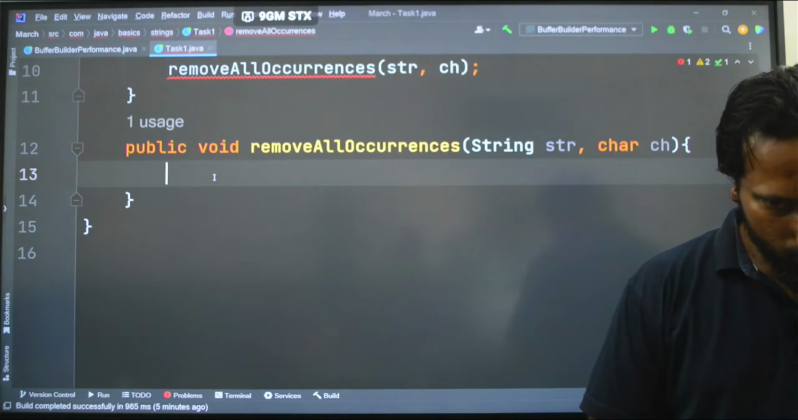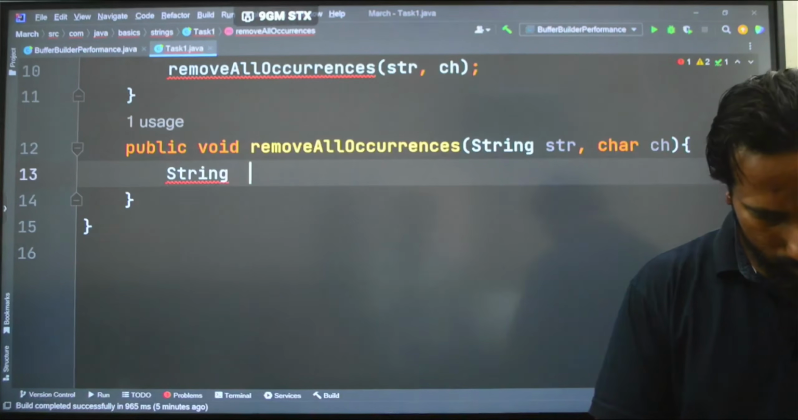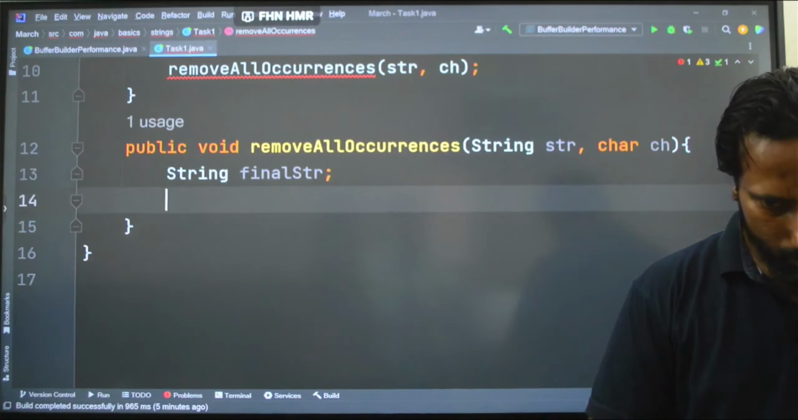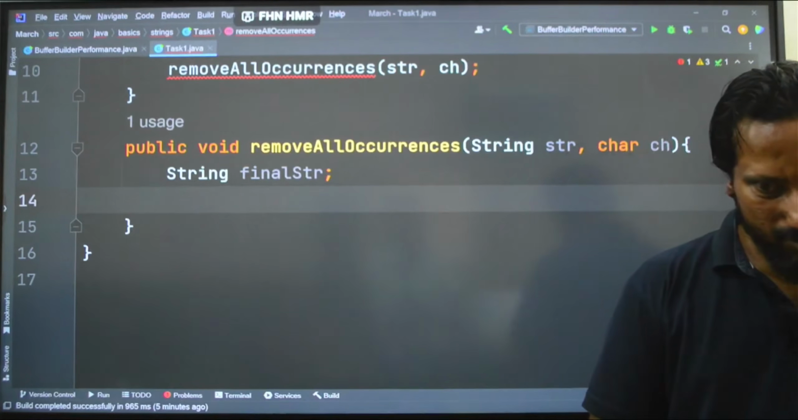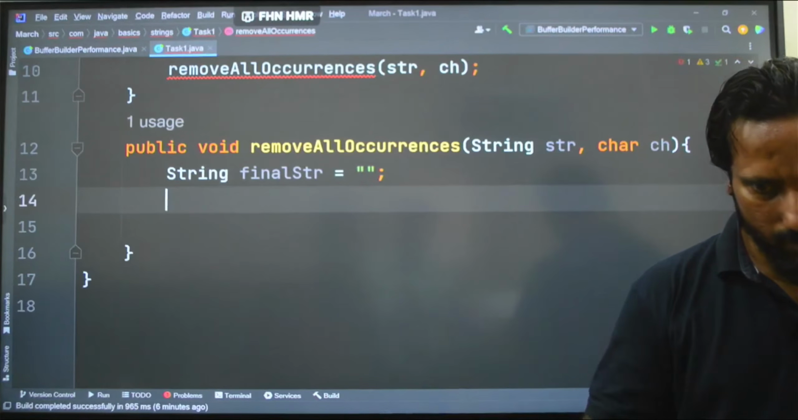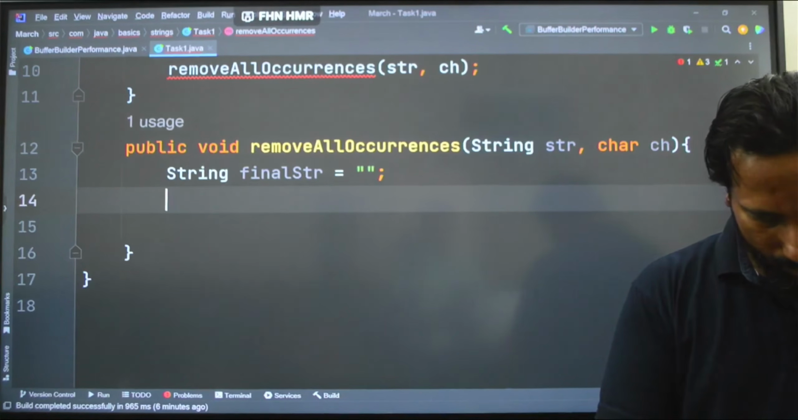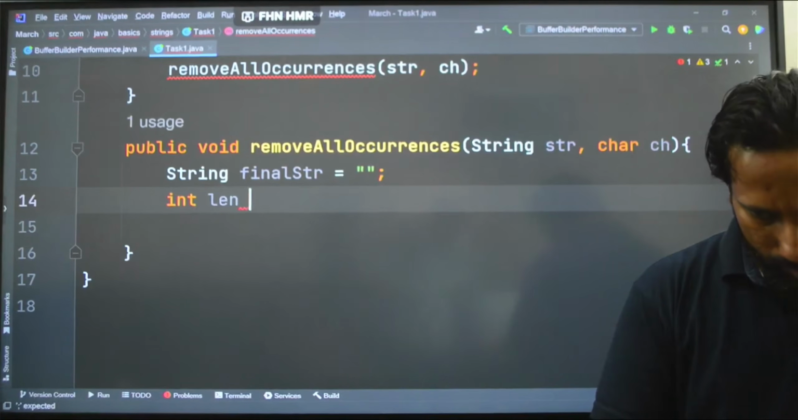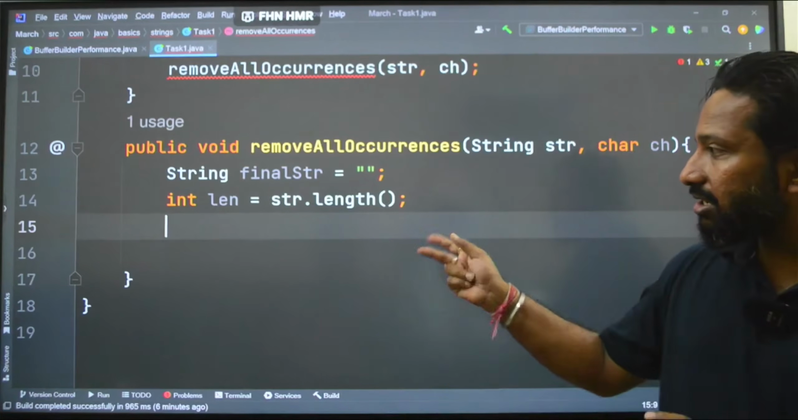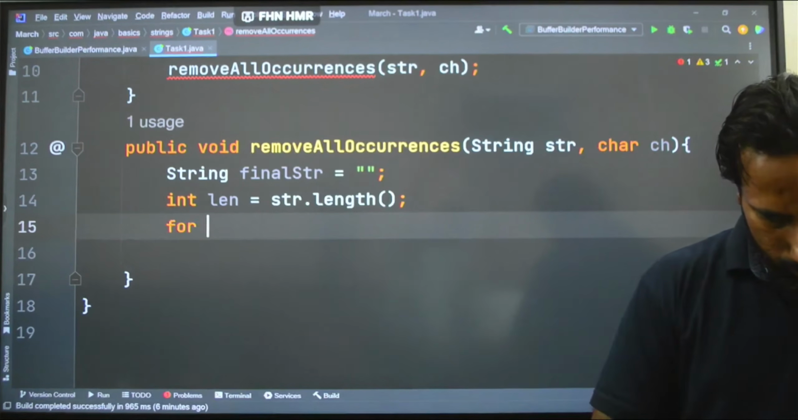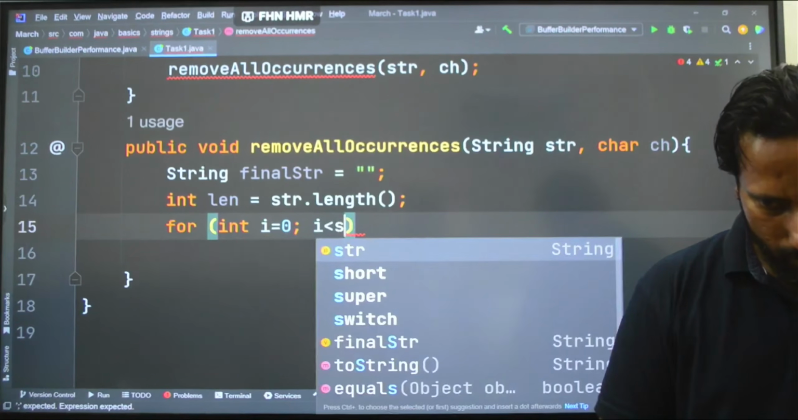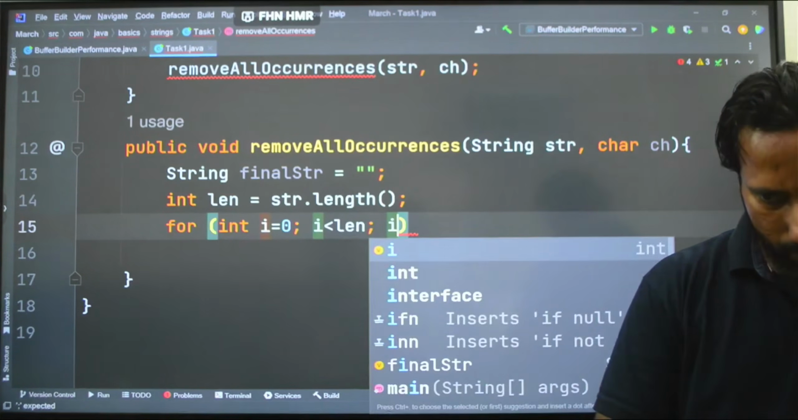We can take a string called finalStr, and let me just initialize this to an empty string, equal to an empty string. For the time being, nothing is there. And I will take int len equal to str.length(), because I need to traverse. So for int i = 0; i < len; i++,